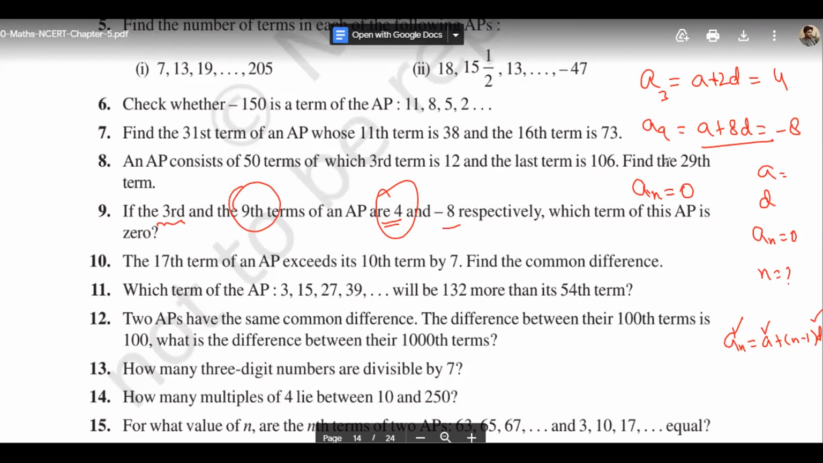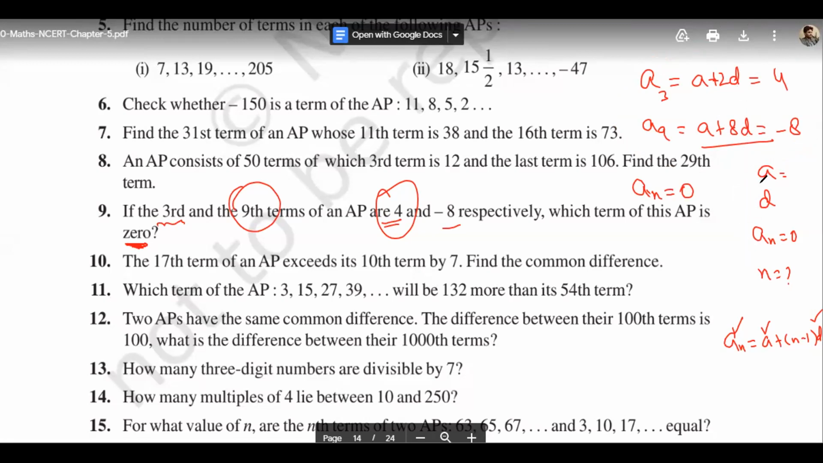ठीक है। अब आपको गिवन है कि इस AP की कौन सी टर्म 0 होगी, यानी यू नीड टू फाइंड आउट दैट टर्म which on which place that 0 will come. सो आपको पता है कि आप ये दो इक्वेशन यूज करके a और d वैल्यू कैलकुलेट कर सकते हैं बाय यूजिंग द एलिमिनेशन मेथड। आप सब्ट्रैक्ट कर दीजिए तो पहले d की वैल्यू निकल जाएगी, फिर आप किसी एक इक्वेशन में d की वैल्यू पुट कर देंगे तो a की वैल्यू निकल जाएगी। तो a और d आप कैलकुलेट कर लेंगे इन दोनों इक्वेशन को यूज करके, जैसे अभी हम लोगों ने ऊपर वाले क्वेश्चंस में किया है।